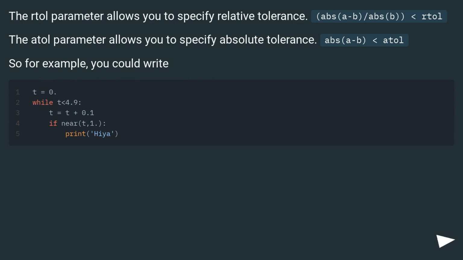The rtol parameter allows you to specify relative tolerance: abs(a - b) / abs(b), rtol. The atol parameter allows you to specify absolute tolerance: abs(a - b), atol. So for example, you could write